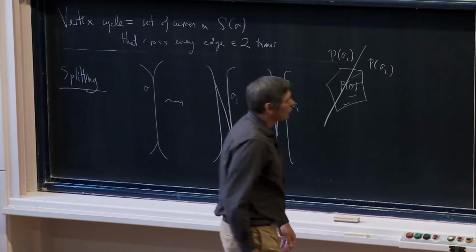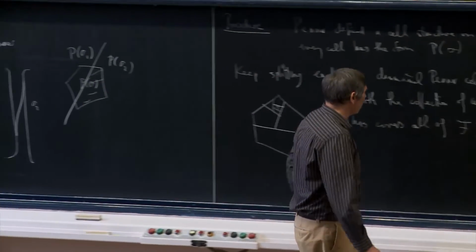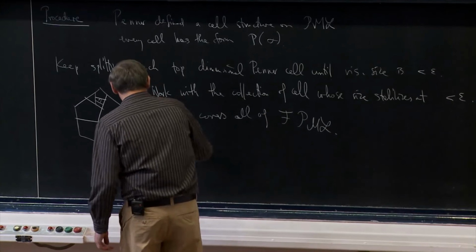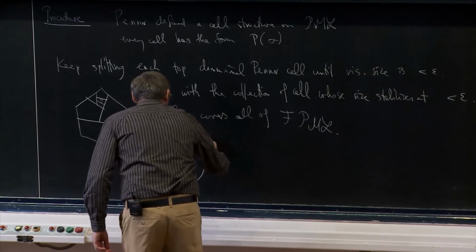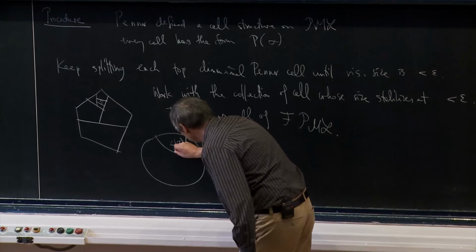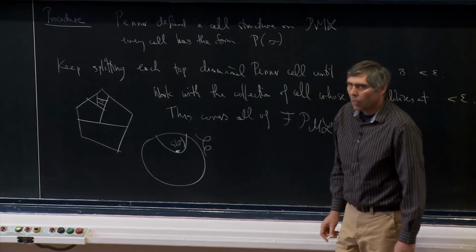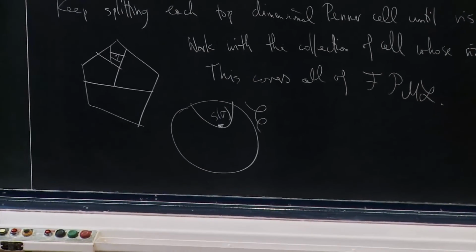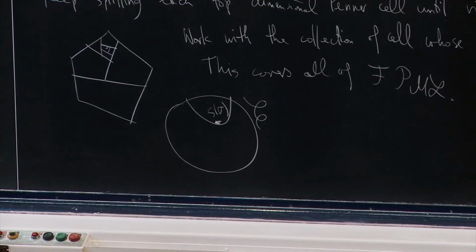Okay, so to control, maybe a little remark here, to control the visual size. So let's say this is the curve complex, and then I have my S of sigma here. This comes with a base point. The whole space has a base point, namely, take the vertex cycles of the initial Penner cells. That's a natural base point to work with.